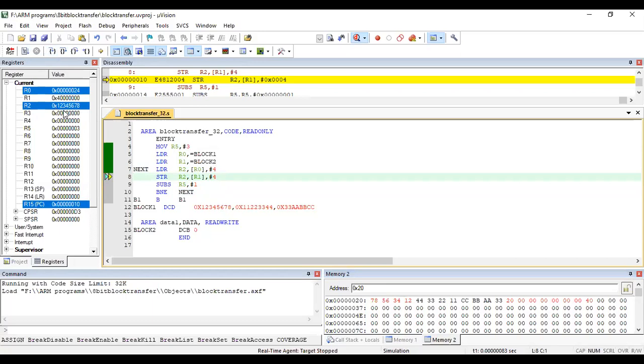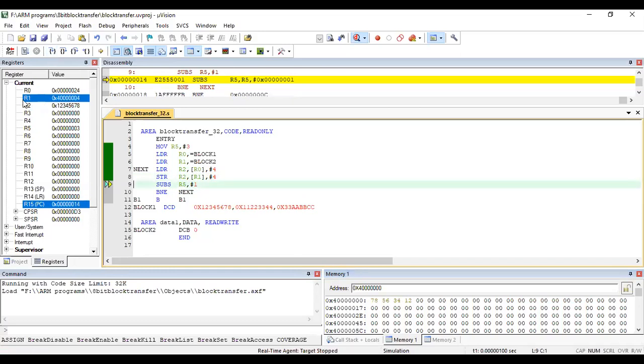So next what should you do? Whatever value is present in R2, you should move into block 2. That address is pointed to by R1. After loading this value into R2, observe here. Initially R0 is 20. So that memory location is incremented by 4. Next, store R2 to R1. So that is block 2, that is memory 2. After storing, you have to increment the memory location by 4. So R1 is incremented by 4. See here, 12345678 is coming into read-write memory.